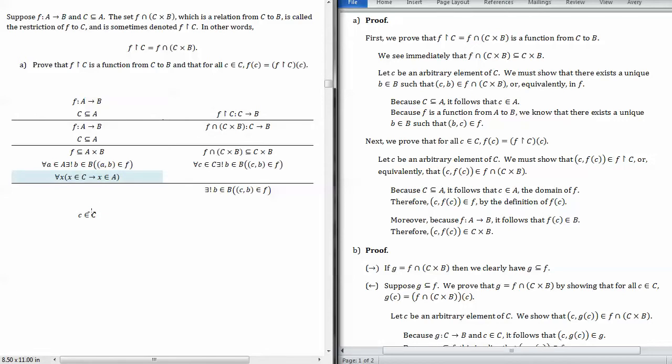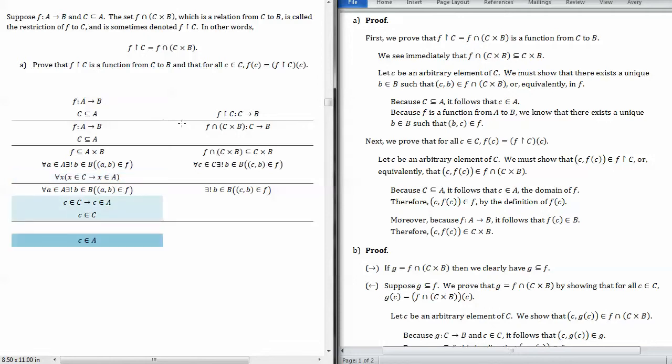Now that we have an element of C, we can use the fact that C is a subset of A, which has this definition, and deduce that this is an element of the set A as well. Okay. So there's our universal instantiation, and then modus ponens gives us that this c is in the larger set A. Okay, and now we had this other universal statement up here from the fact that f was a function, and if we do universal instantiation there where we let little a be c, then we can keep this statement here with replacing the little a by little c,